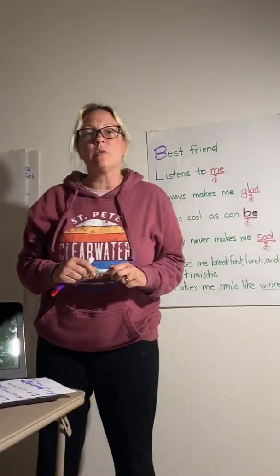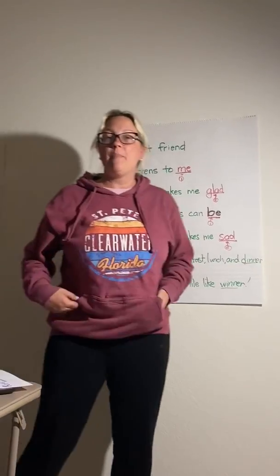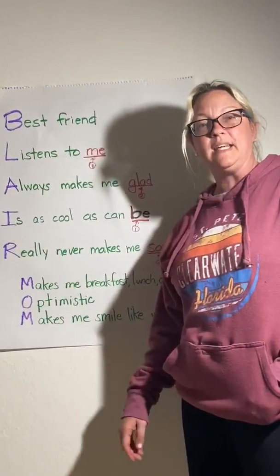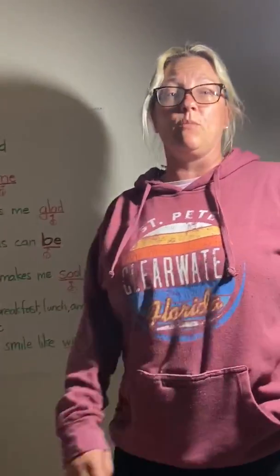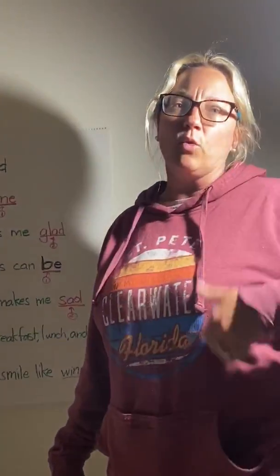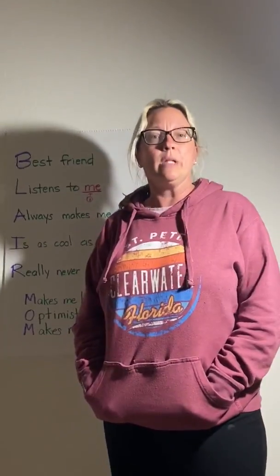I'm challenging you to try to do an acrostic poem today and list something about someone you love. It could be your best friend. It could be your mom. Whoever you want. You can use big words like Lindsay did. Optimistic. Did you hear her say optimistic, kids? You can use a dictionary to look some words up. You can ask a friend. Well, I guess you have to call the friend, but you could ask an older sibling too. You could call grandma and ask her to help you write a poem. I bet your grandma would love that.